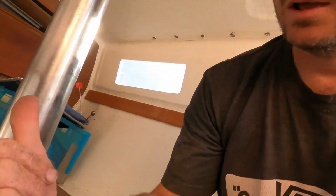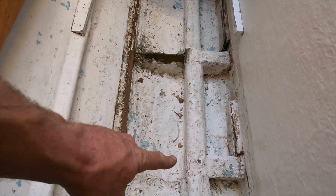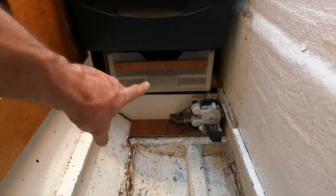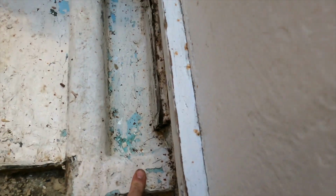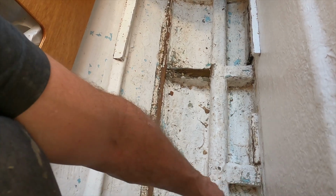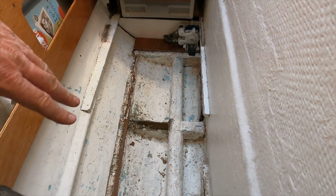I just thought I'd show you what I've found inside the boat. So I've had the mast pole out and I've looked under this floor, but in here on the floor you have these foam ribs that go across. I've excavated this one and it was all wet, and I've taken out the fridge and the drawer and had a look under there, and it looks pretty solid. But what I want to do is take out these pieces on every one, and pretty much lay a glass mat from where the old floor should be, all the way over this bump, over the spine in the middle, and then into the other side, and do that with the length